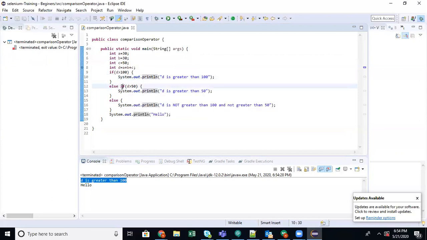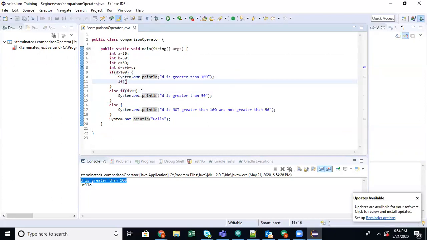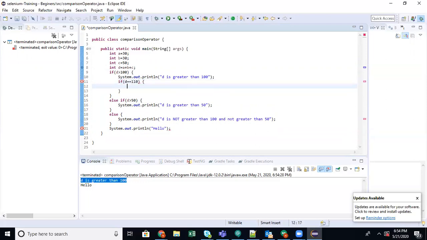If the same thing, if D is greater than 100 and you wanted to check if D is equal to 110, you can have this. So this is like a nested if.